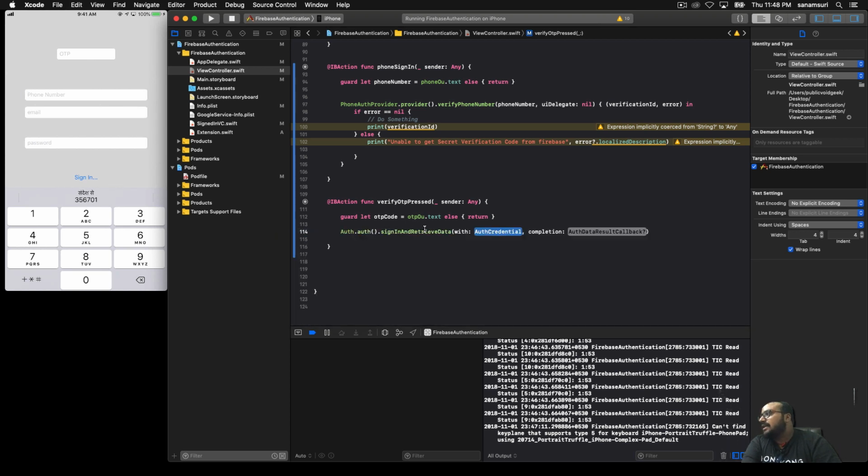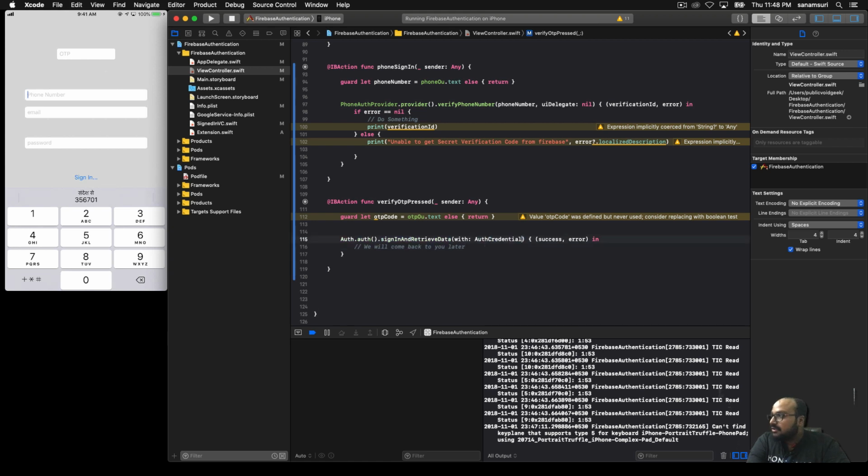So this is the function that will be used for signing in the user, and we will say success and error, and we will come back to this later. Okay, so this is the method that will be used for this phone authentication,